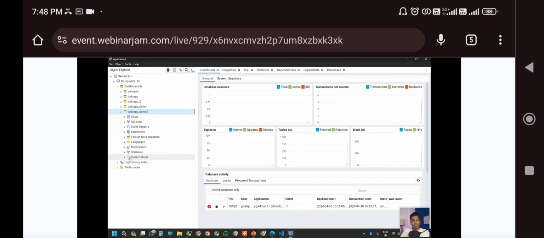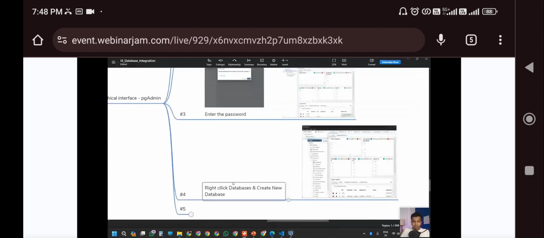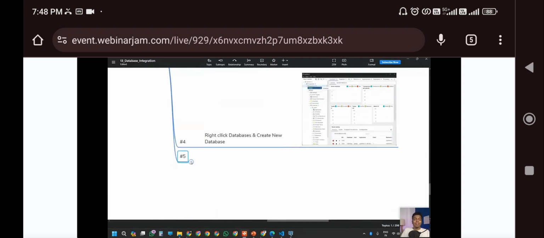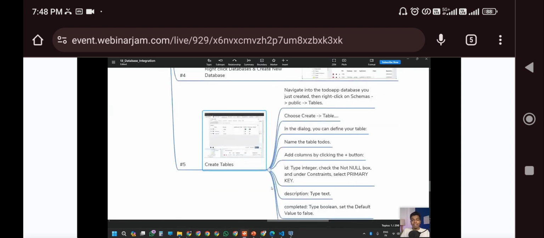But as we have already discussed, while talking about the SQL type of database, it is going to have schemas. Whenever you expand the schema inside public, it is going to have a lot of things like views, types, triggers, tables, sequences, a lot of things out there. Out of that, what we need to do? We need to create the table, because as we have already discussed, whatever data you are creating is going to be saved